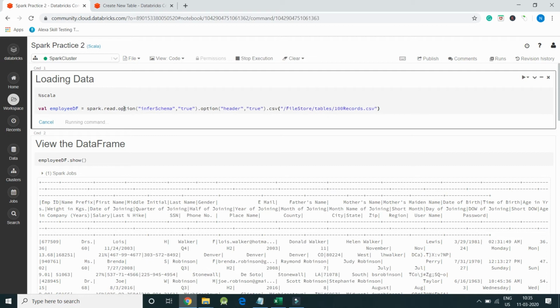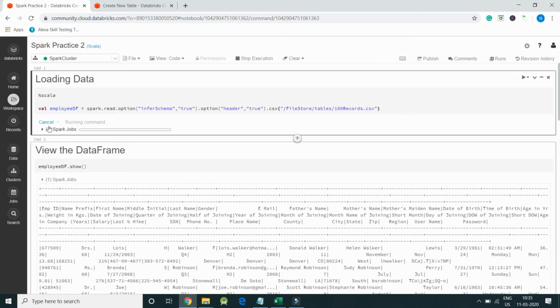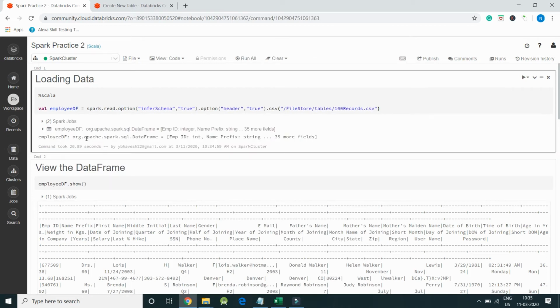The execution is still in process. You can see Spark jobs have been launched and our execution got completed. You can see employeeDF is created, which is of type org.apache.spark.sql.DataFrame, and these are the complete column names.